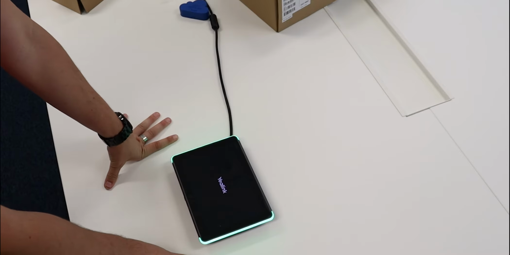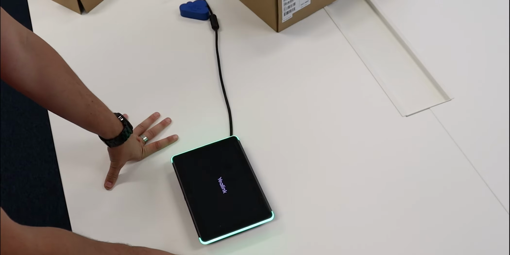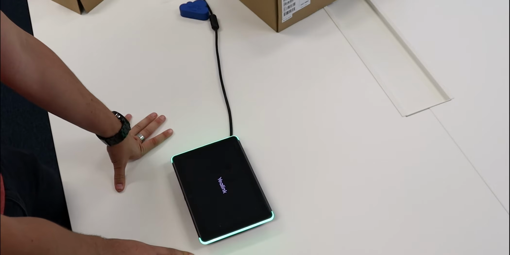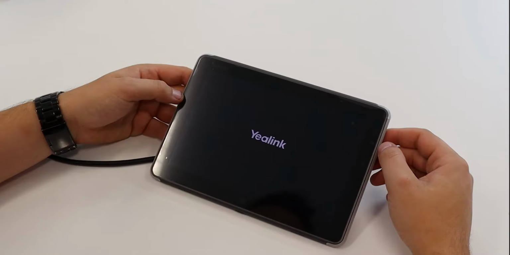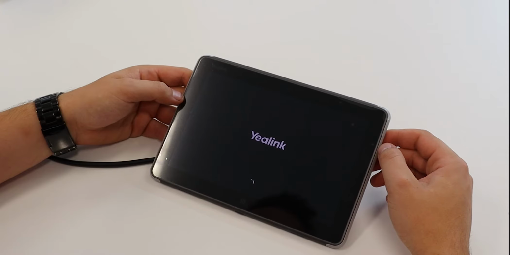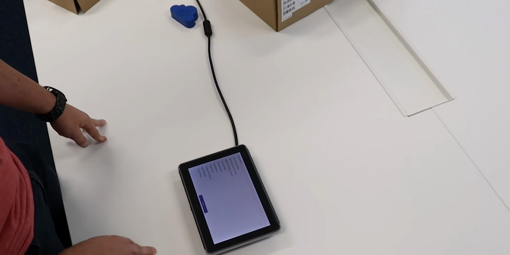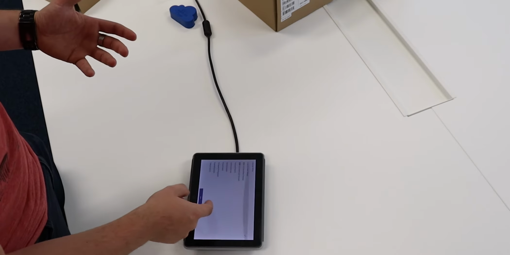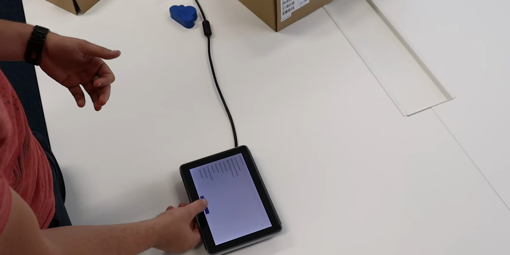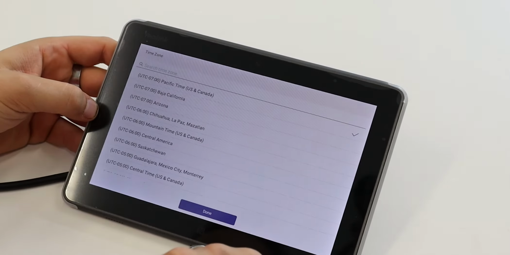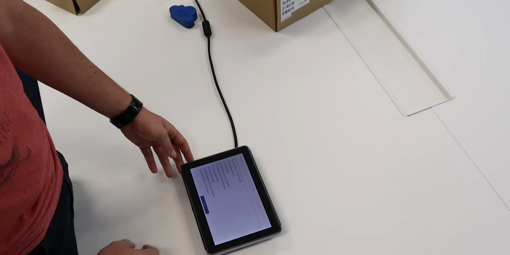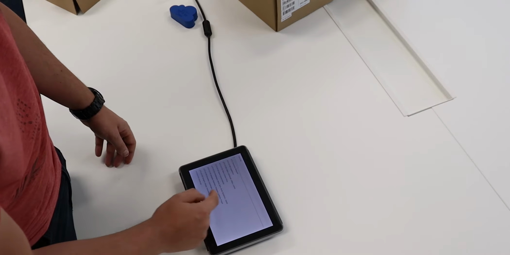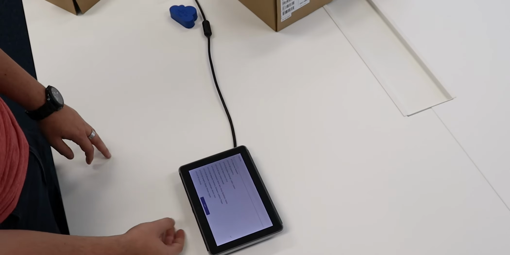As soon as it's booted up, you will be able to choose your language. We have every possible language you want. You can put it in my mother language, Dutch. You can also put it in English, French, pretty much every language you want. So now you can see it started. We can choose English, Chinese, French, German, every language that you want. We are going to choose English, of course. And if we press next, it says, okay, everything's successful, and you need to put on your time zone. We are currently in Belgium, so we are going to put the Brussels time zone in.